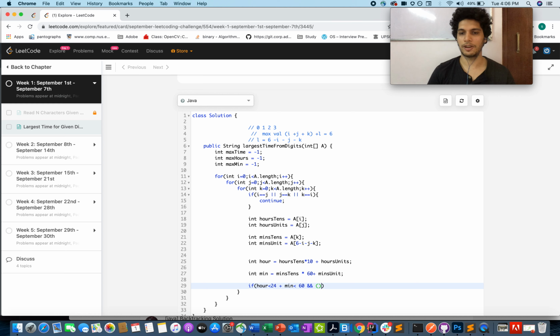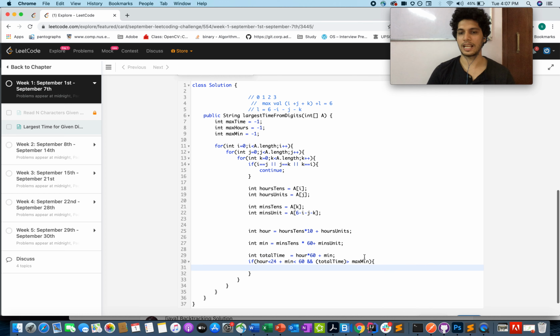So how are you going to calculate the total time? We can do a conversion from hours to minutes. Total time would be equal to hours into 60, that's absolute mathematics, plus minutes. And if total time is greater than the max time, because eventually we are storing the max time, then we update the max time to total time.